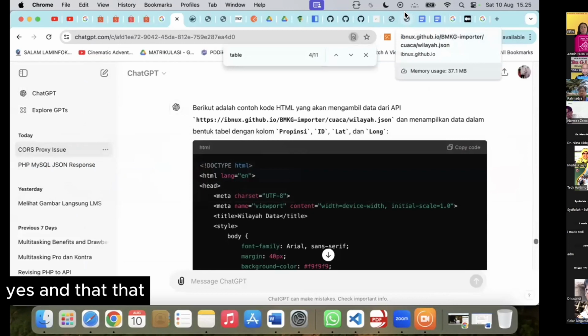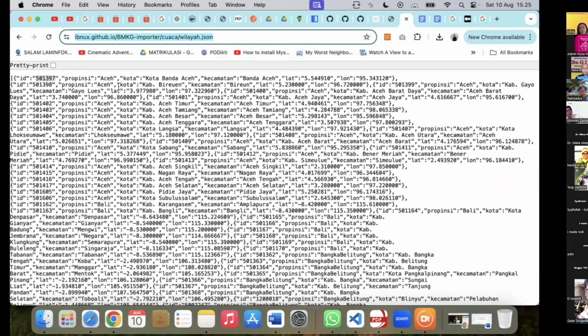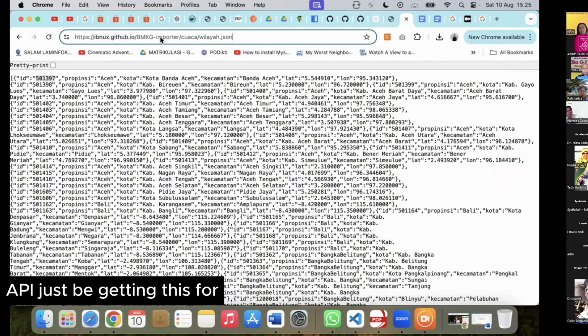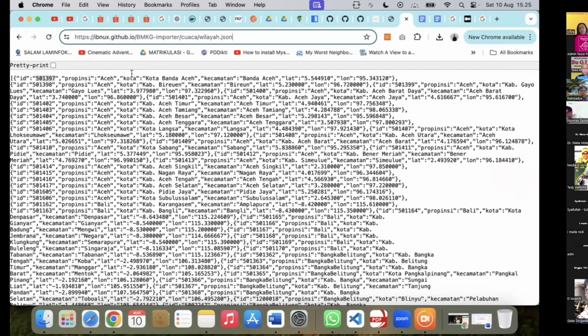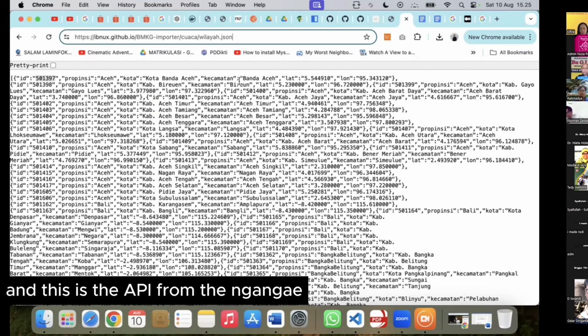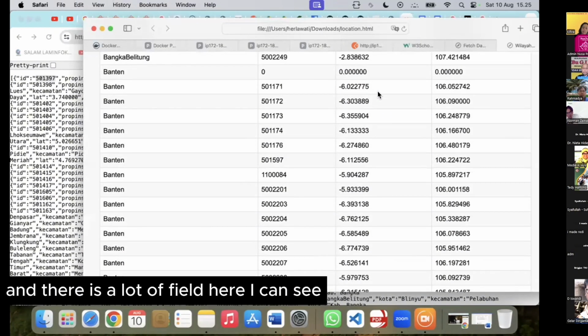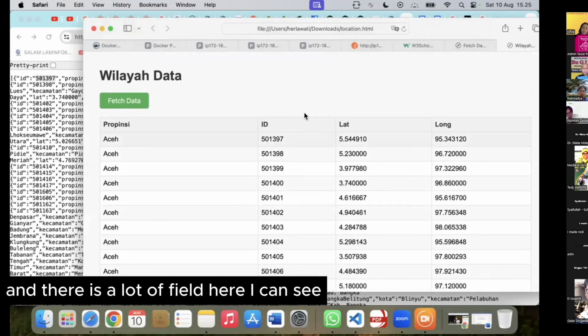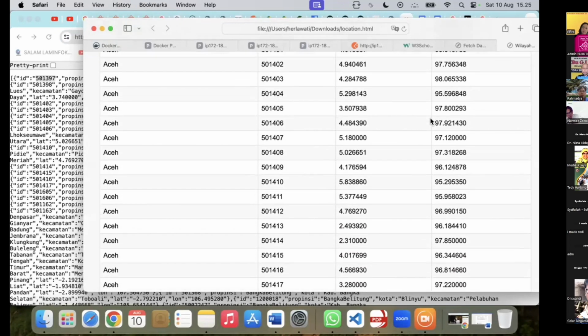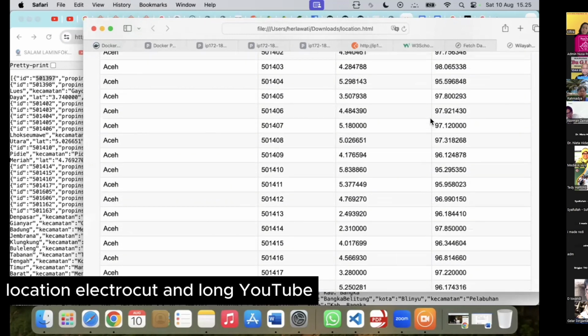Here's the data from the API we just got. This is the API from BMKG, and there are a lot of fields here: province, kota, location, latitude, and longitude.